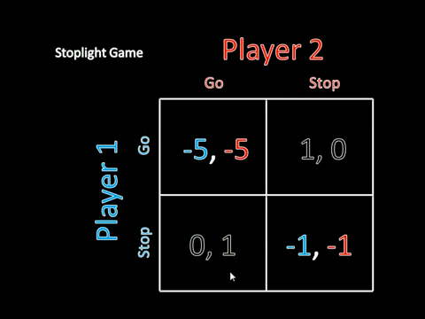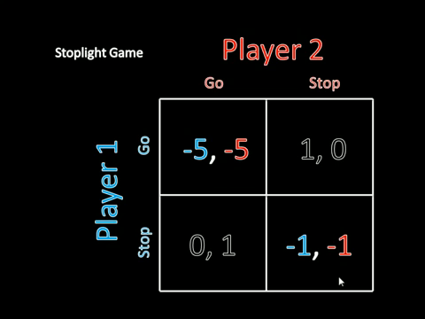But note that they're also not content doing the opposite thing. So if they were to break whatever the stoplight says, or not do what the stoplight says, so in this case, if they were to both go, so someone is going to be going while they have a red light, well, that's a bad outcome. Whoever is at the red light could stop and do better, but also whoever has the green light could also be stopping and doing better because they are currently crashing. Either one of them would want to stop in this case.